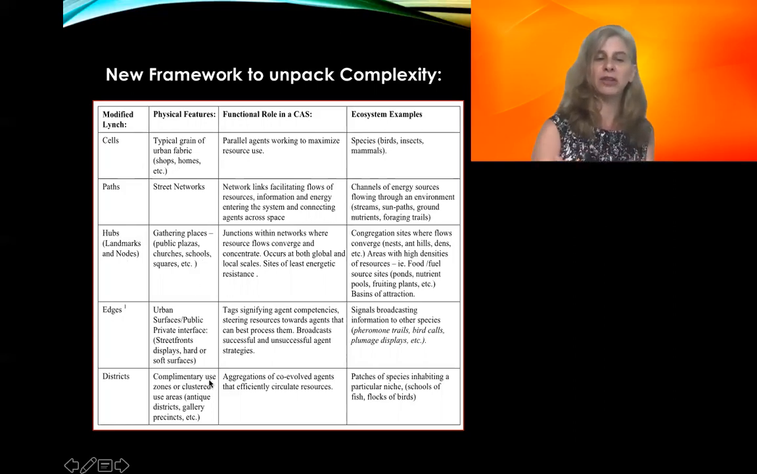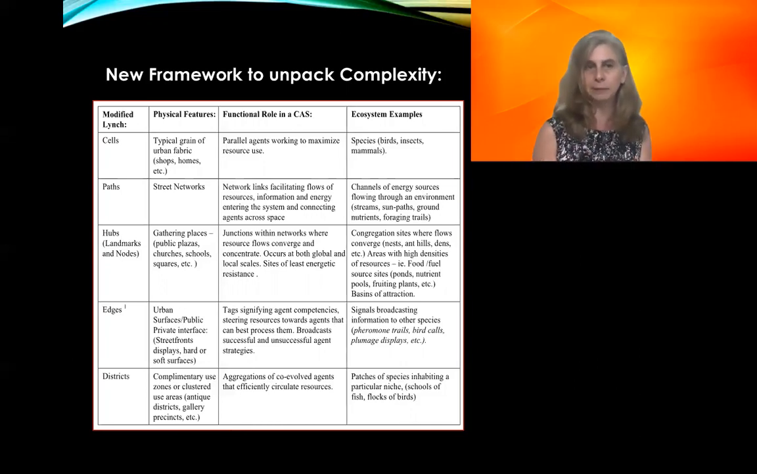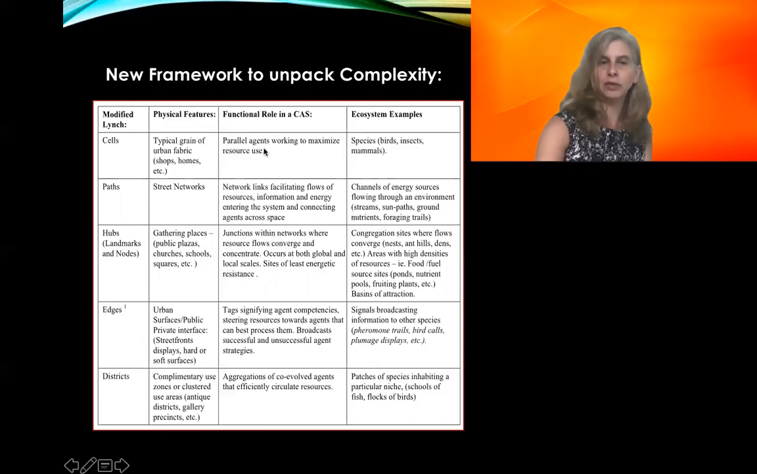And the edges are the urban surfaces, the public-private interface, which are the street fronts, the displays, the hard or soft surfaces that maybe can convey signaling in some way. Districts then are the complementary use zones or clustered use areas, such as antique districts, gallery precincts, etc. We've talked about the functional role of each of these things in a complex adaptive system in terms of agents learning, networks organizing flows, areas where you want synergies developed, how you want to send signals, and how you want to have aggregations of